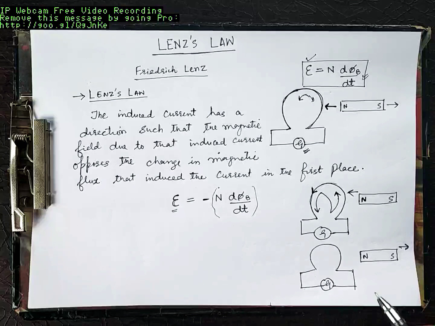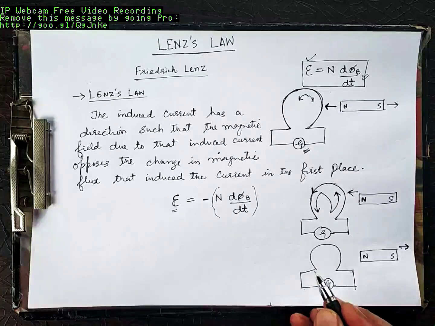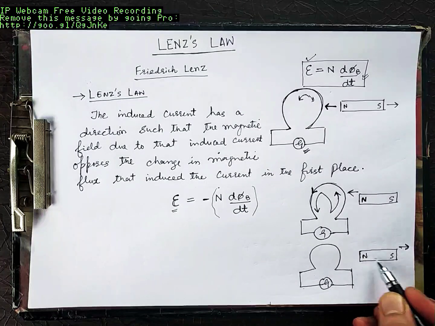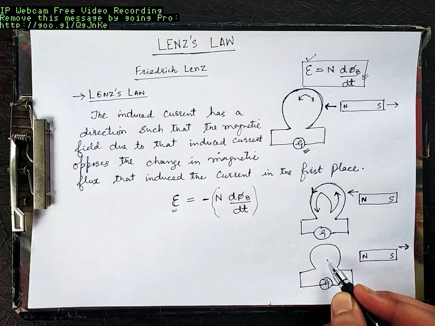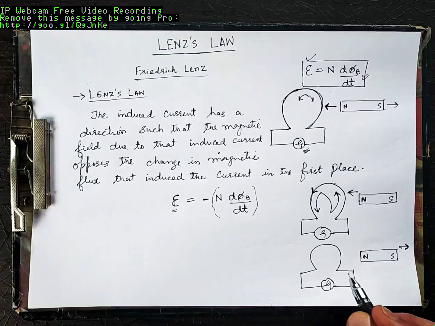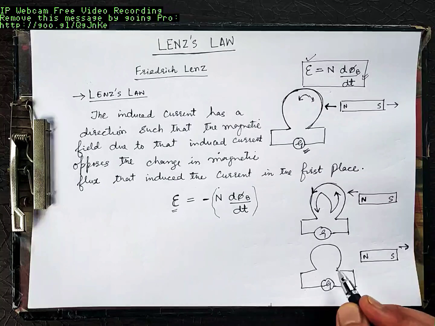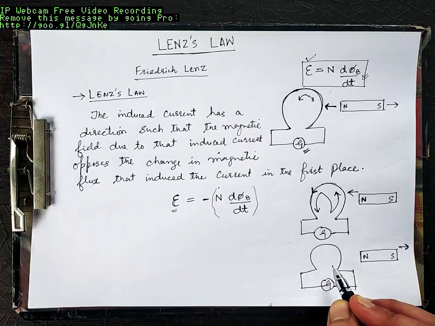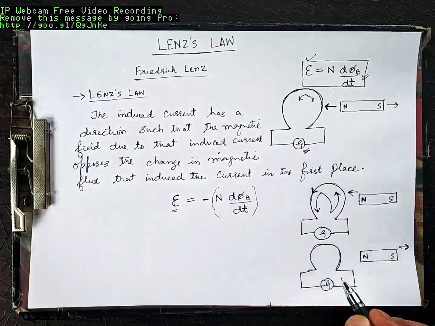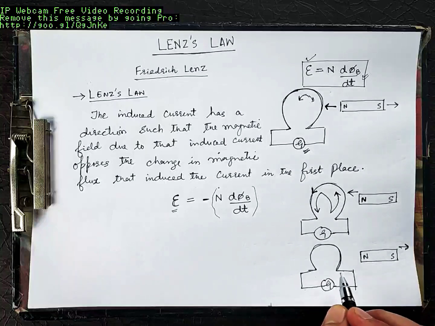Now look what happens. Initially, some number of magnetic field lines are passing through this coil. Now you are pulling this magnet away from the coil. The number of field lines passing through the coil will increase or decrease? They will definitely decrease. When the number of field lines passing through the coil decreases, an EMF will be induced in this coil which will produce a current in this coil such that it will oppose the decrease in flux through this coil. Because in this coil flux was decreasing,